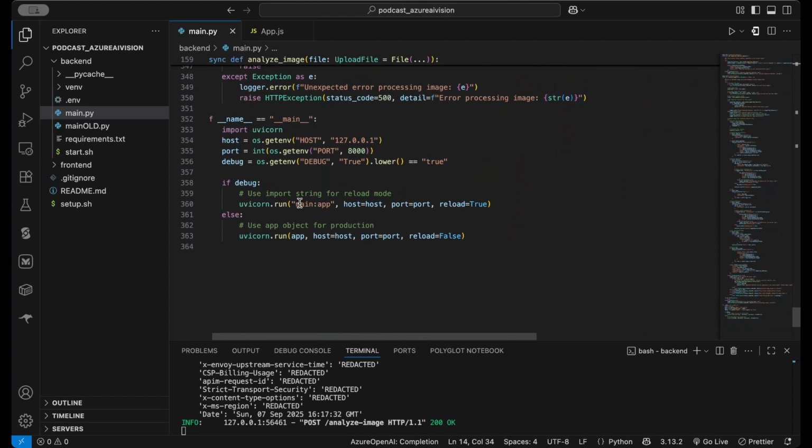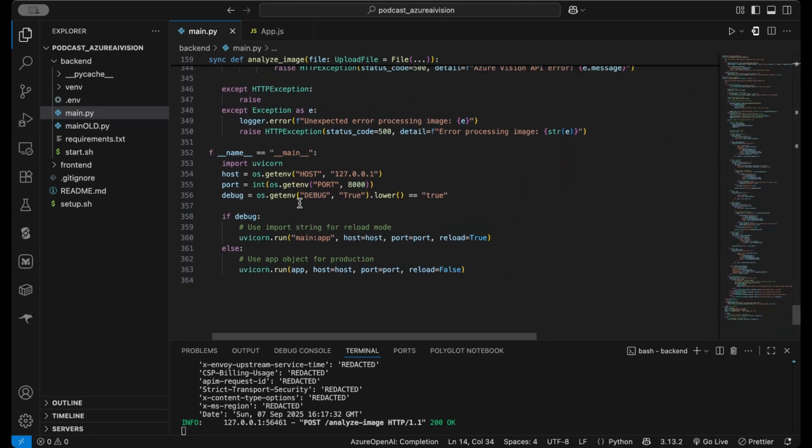So this is a very simple example of how you can set up a front end and a back end that uses Azure AI Vision to